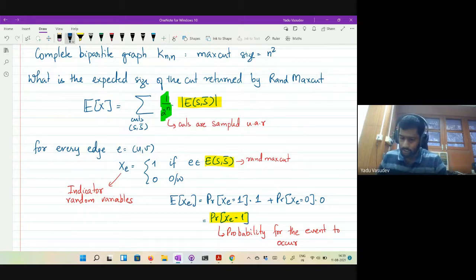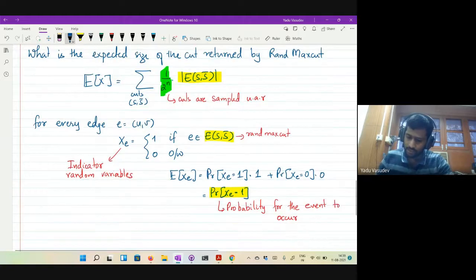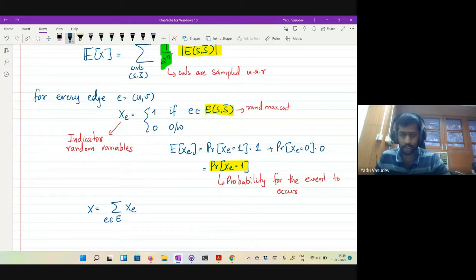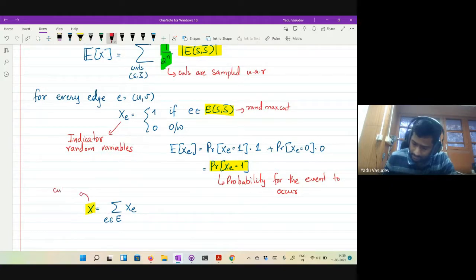Okay. So now you can write your random variable x in a much simpler way. You can say that x is the summation of x sub e, where e is an edge in the graph. Your random variable x is actually the cut size, and you sum over all edges.